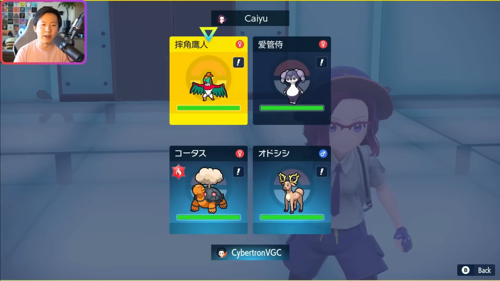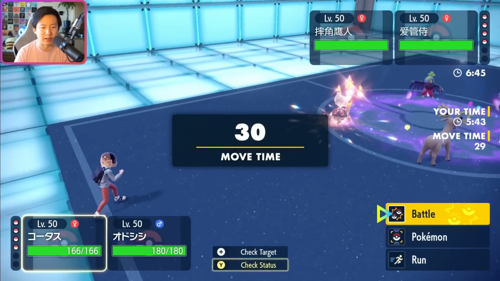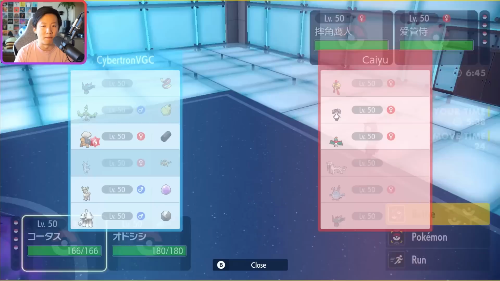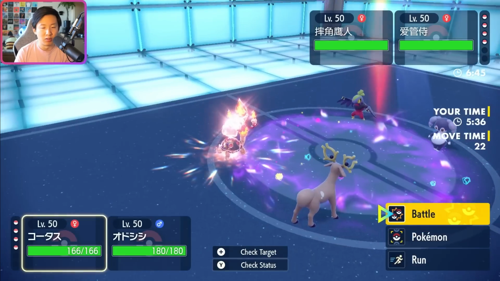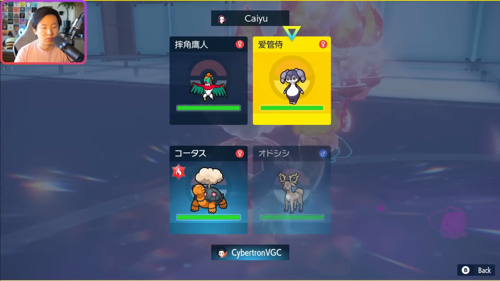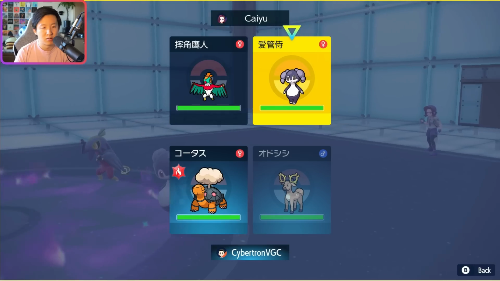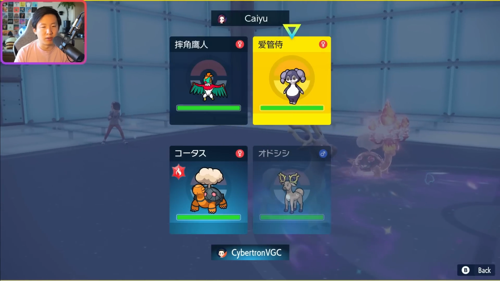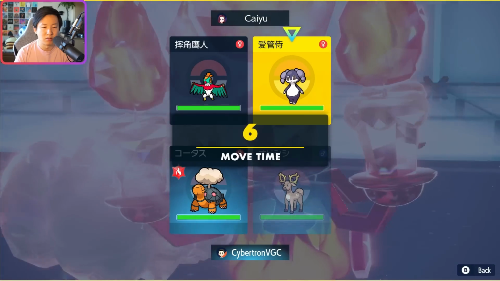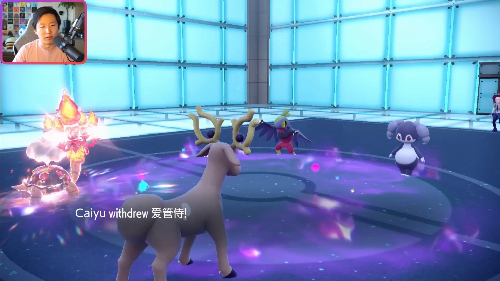But, I don't know. I could Helping Hand Eruption now. That guarantees at least one KO here. I guess this could be Sashed, so not guarantees. Like, if this were Sashed, you could switch this out into Armarouge. The debate on who to Hypnosis here actually is interesting. I'm going to target the Hawlucha slot because I could see that switching out with more likelihood,